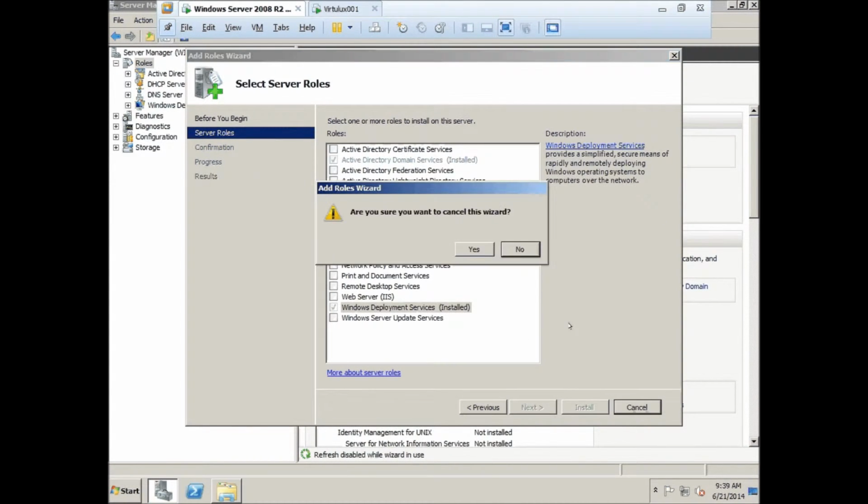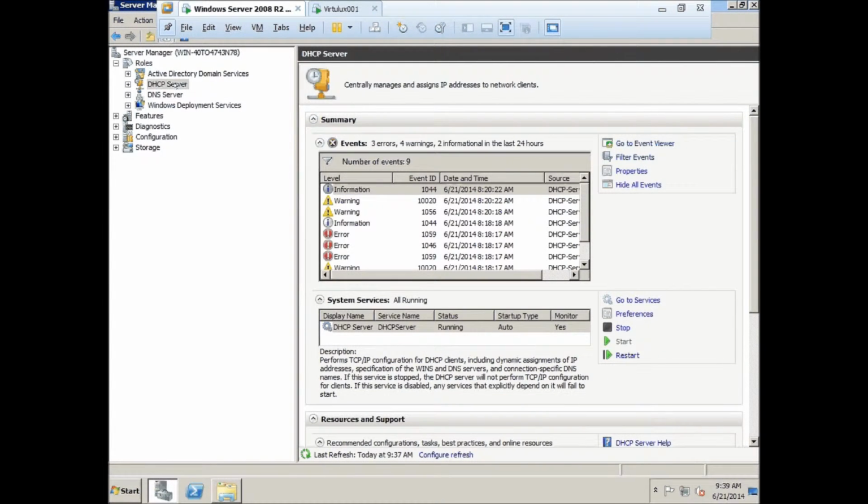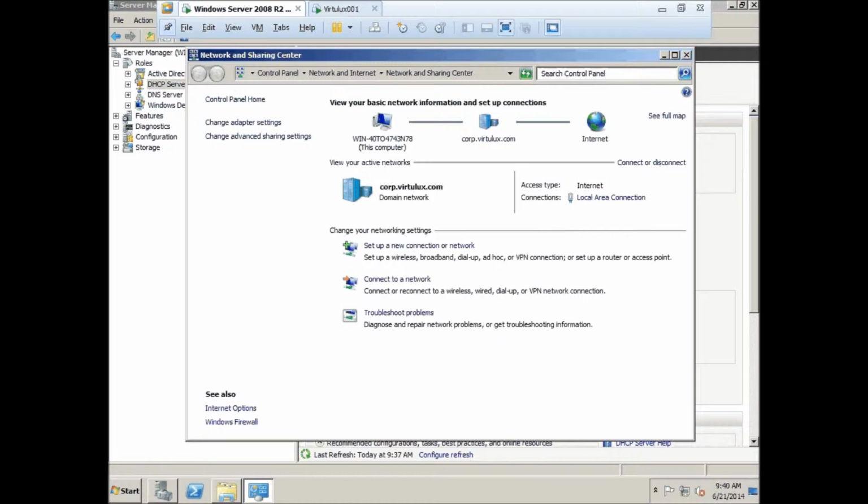So let's see how to configure. For the DHCP server, make sure that your Windows Server 2008 has a static IP address. Make sure it doesn't pull any DHCP IP address. For that you need to change it. You need to go down here to the network and click on Open Network and Sharing, and here you will find Change adapter settings. So go to Change adapter settings